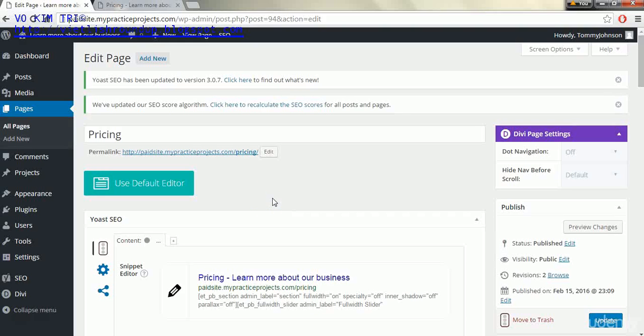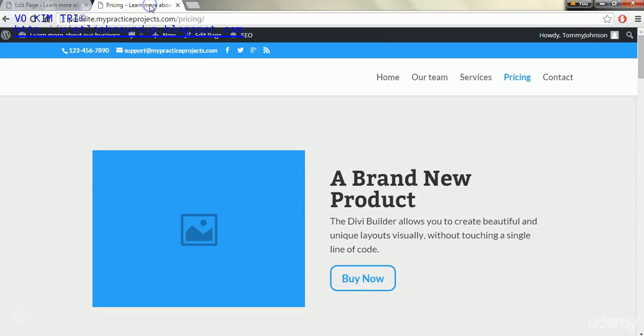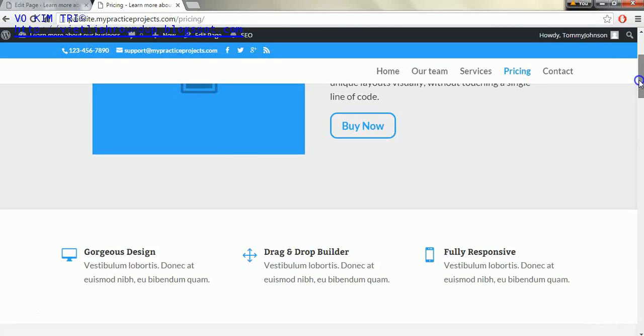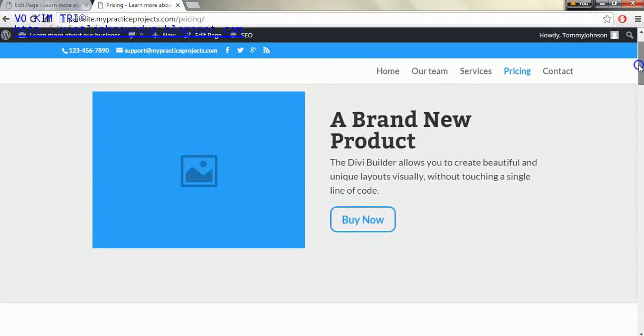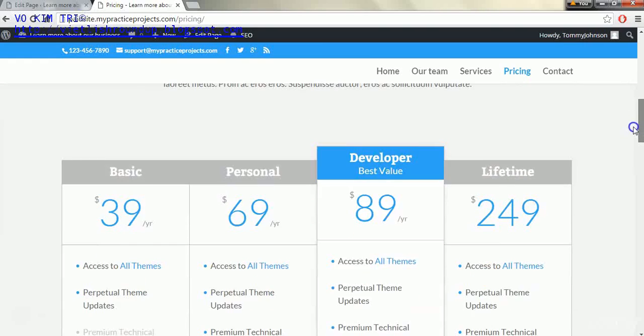Welcome back. In this lecture we're going to go over editing the pricing page of our site. And as you see now, we already have the pricing page set up with a pre-made layout, just as we have for the other ones. And I'm going to go through and edit these little by little and make them the way I want